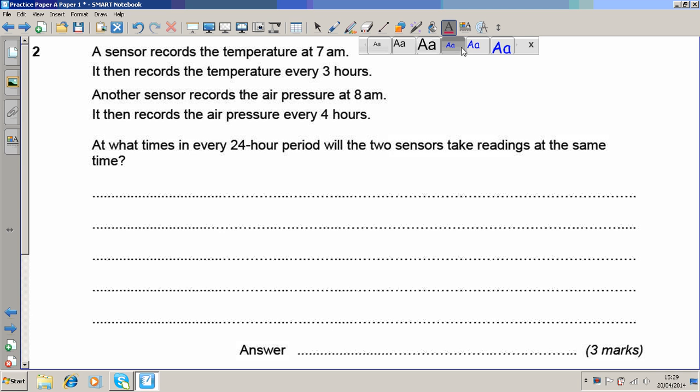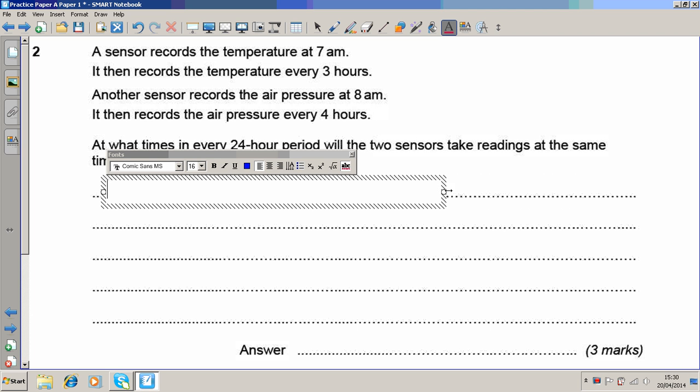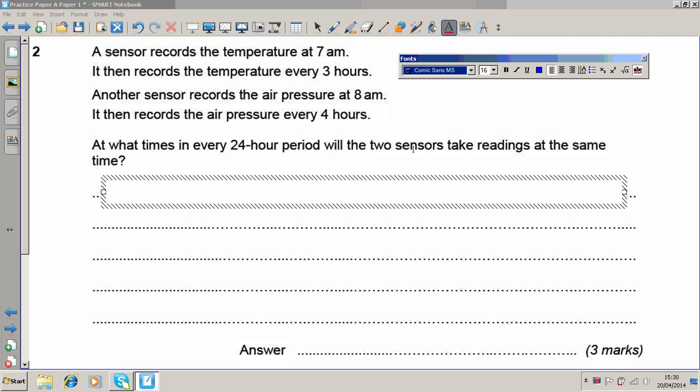A sensor records temperature at 7 AM, it then records temperature every 3 hours. Another sensor records air pressure at 8 AM and records the air pressure every 4 hours. What times in every 24-hour period will the two sensors take the same reading? Okay, so I'll do this with a list approach. So temperature,